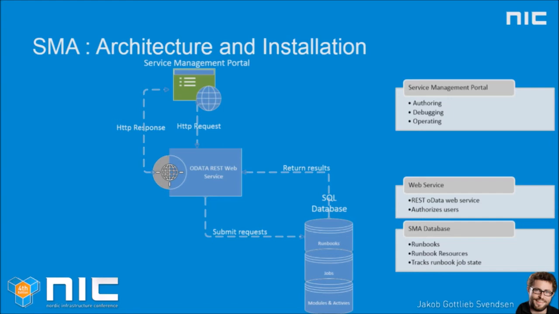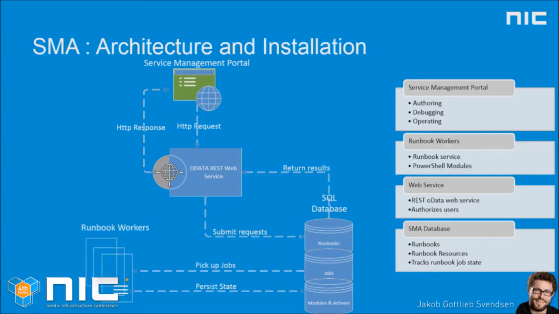So whenever we click start on a runbook through the web service or through the portal, it'll actually create a job in the database. This job will then be sent to one of the runbook workers. So we can have as many runbook workers as we want, which is usually a dedicated server. One for each run, can each be one runbook worker, and they can then pick up the jobs. And since this is a PowerShell workflow, the jobs are actually able to suspend themselves, which means that if they stop in the middle, for instance,